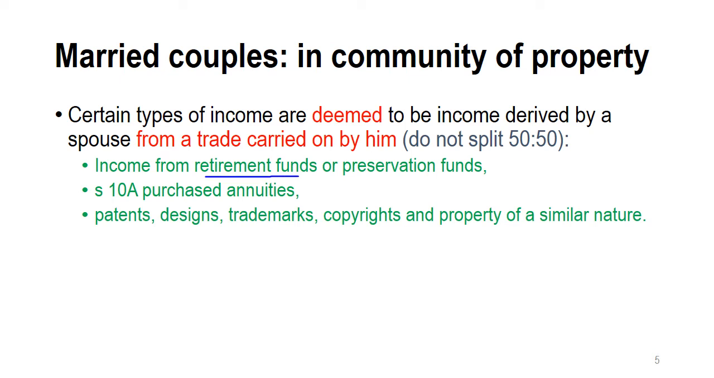In other words, if somebody retires and they receive a monthly pension or an annual pension from their pension, provident or retirement annuity fund, or if somebody receives annuities, specifically purchased annuities that qualify for the exemption in terms of section 10A, or if they derive any income from intangible assets like royalties, so income that comes from patents, designs, trademarks. So the principle is any income from trade, including these specifically, will not be split between spouses married in community